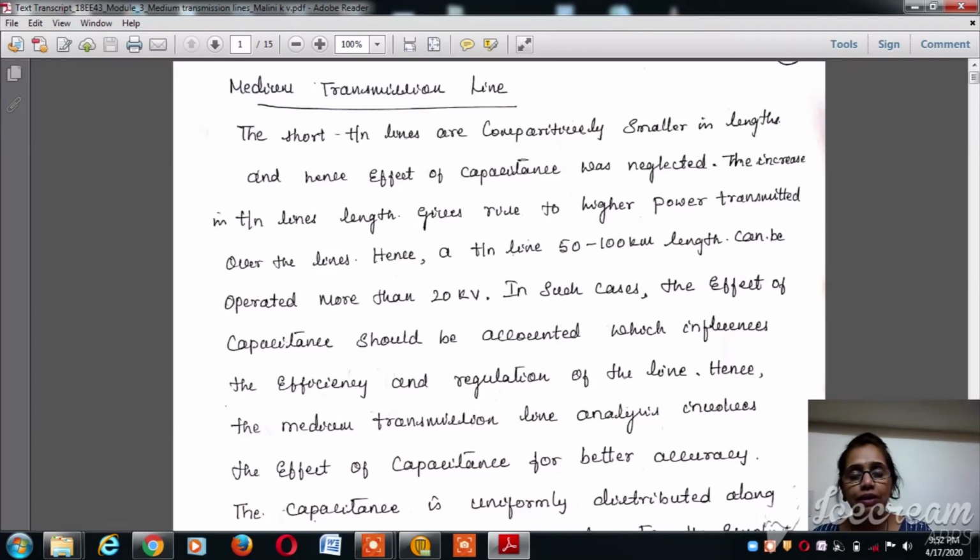That's why we are going to consider the effect of the capacitance as one of the major influencing factors in terms of calculating the efficiency and the regulation. Thank you so much for this session, and let's see you in the next session with the performance analysis of the long transmission line, where the rigorous method is used and the different methods are used, and